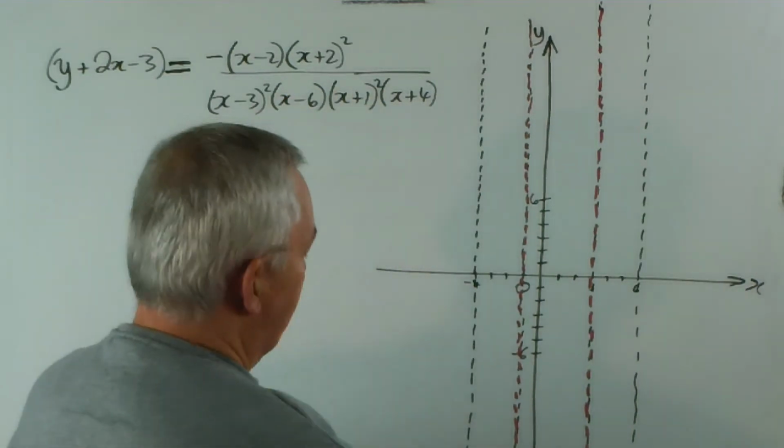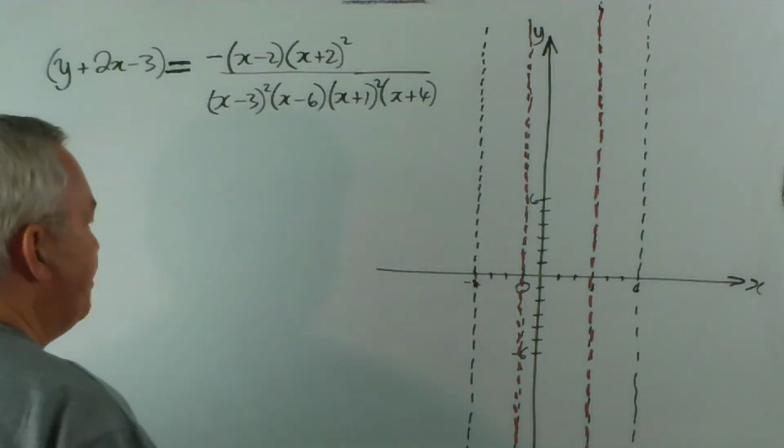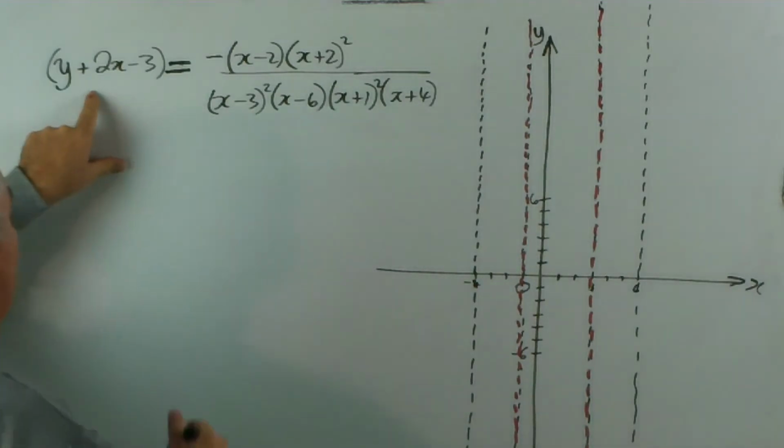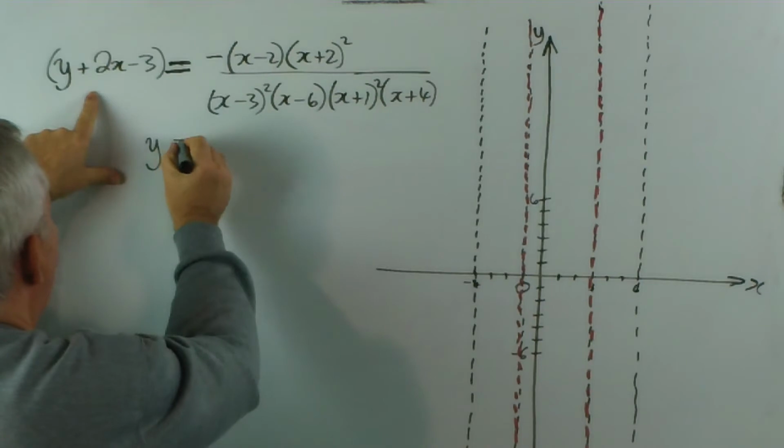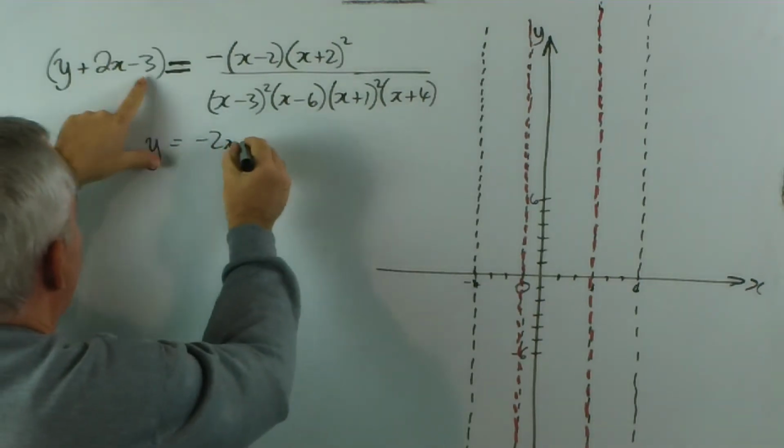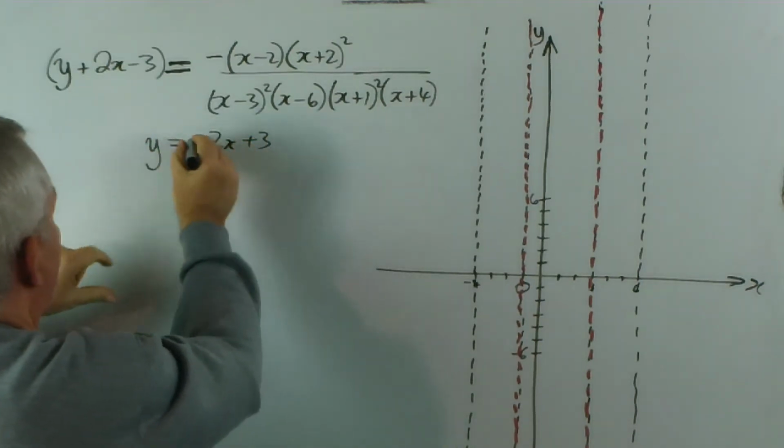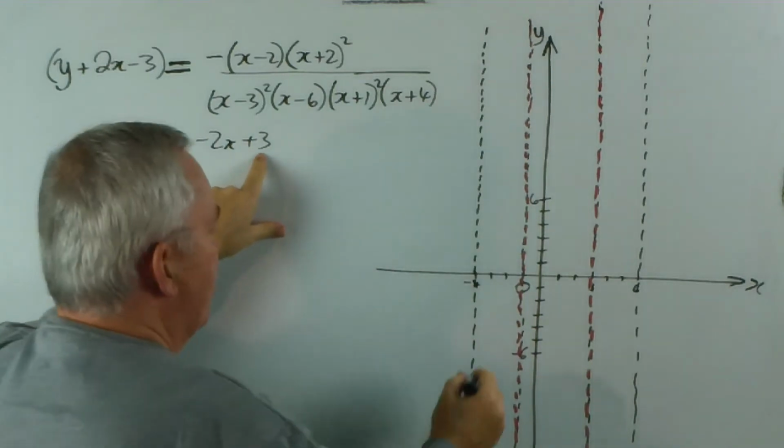2 of them are doubled. So we've already highlighted them. Let's look at our oblique one. Our oblique asymptote is y equals negative 2x plus 3. So it's got a y-intercept of plus 3